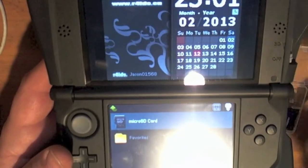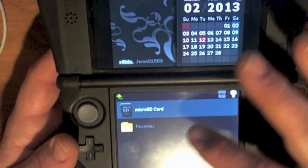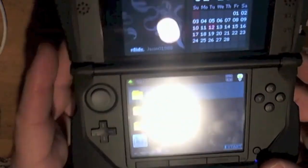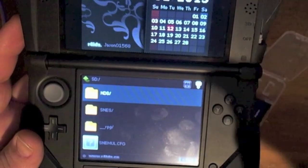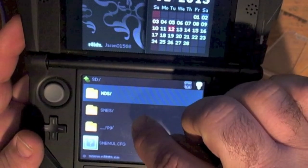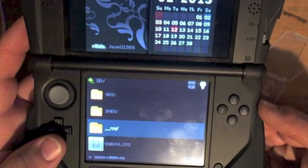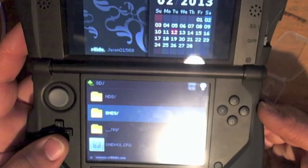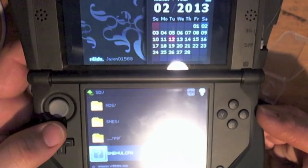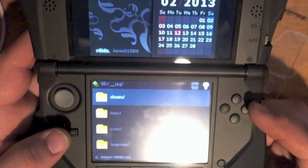So they have different wallpapers you can use, and here's the micro SD card. I categorized it into NDS and SNES, and you can use the controls. Now RPG is the actual firmware, and then you have a couple of little tiny folders. Don't worry about that. So RPG, if you hit RPG and you go through it, pretty much you can throw